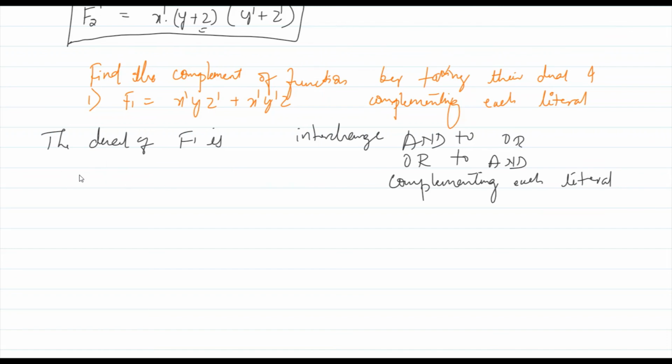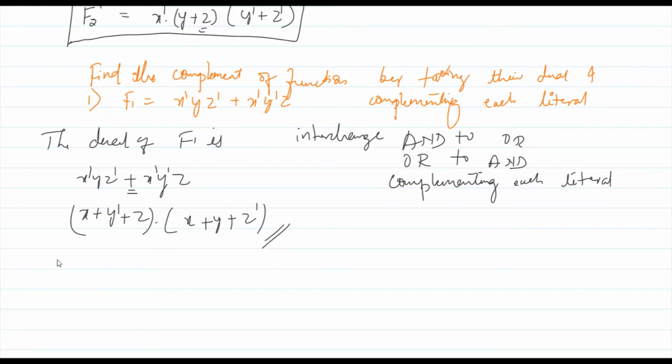So how I have to write x prime y z prime plus x prime y z. Okay, AND to OR, so x prime dot y z prime, so I write x plus y prime plus z. Okay, so here plus is there, see, OR to AND, OR is there I make it AND, so I write x, okay, x prime y prime z it is, so this is prime, right? So I will write x plus y plus z prime. This is how you can write the given function.